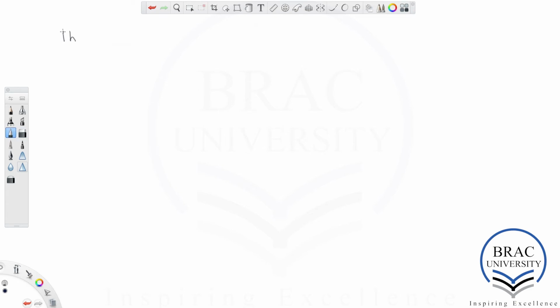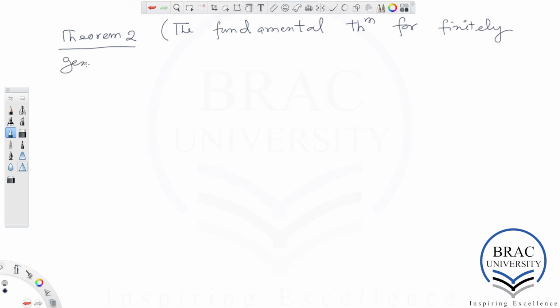Theorem 2, which is known as the fundamental theorem for finitely generated abelian groups. All right. So here is the statement.